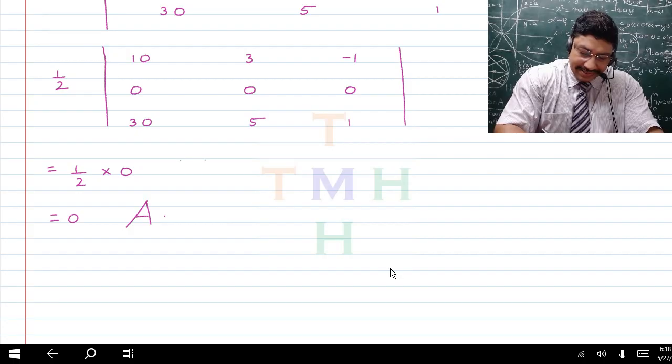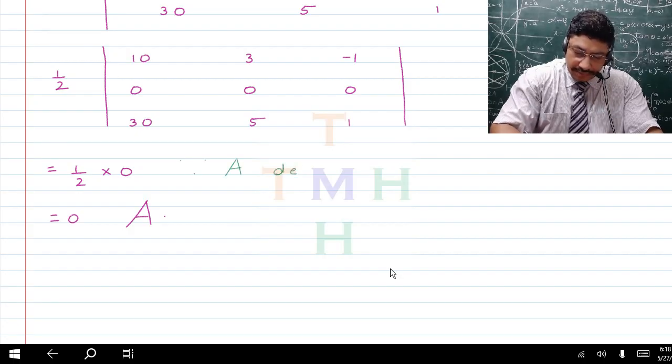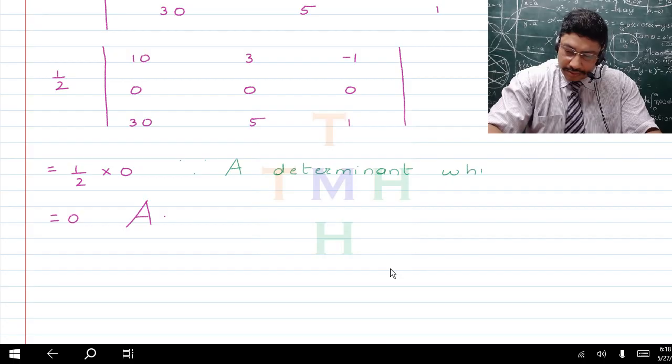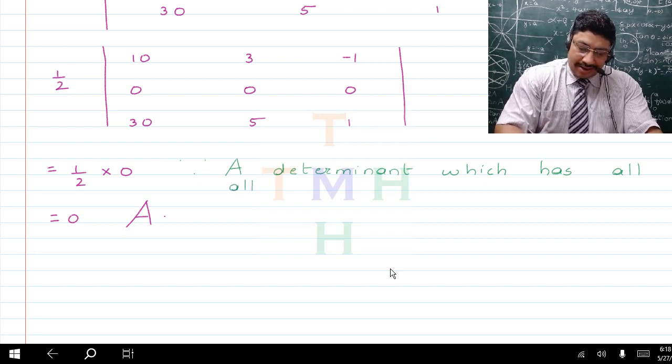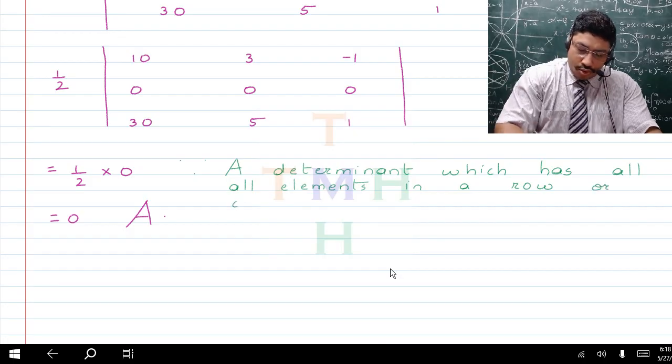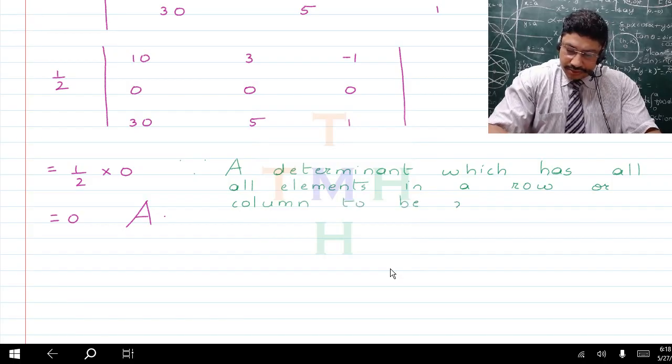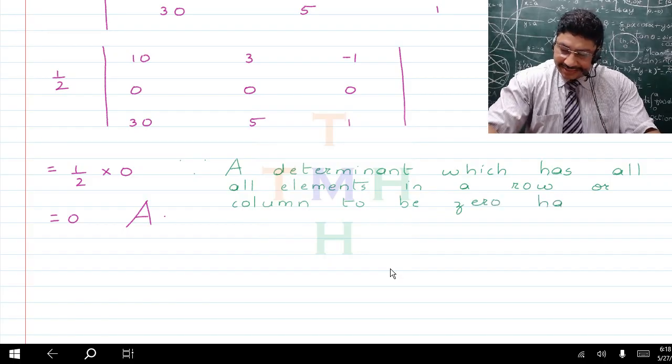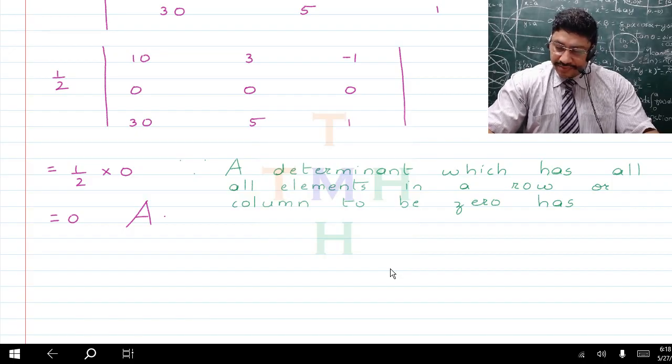That is, we'll be writing, since a determinant which has all elements in a row or column to be 0, has, I'll rather write in block letters, that will give it some importance, has 0 value,